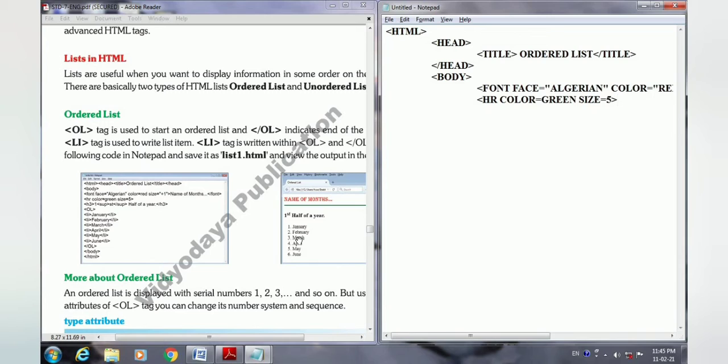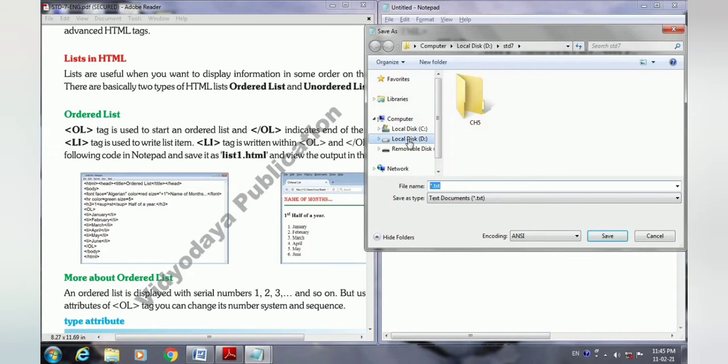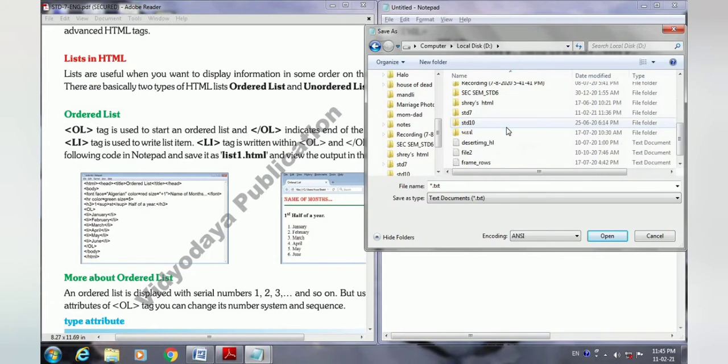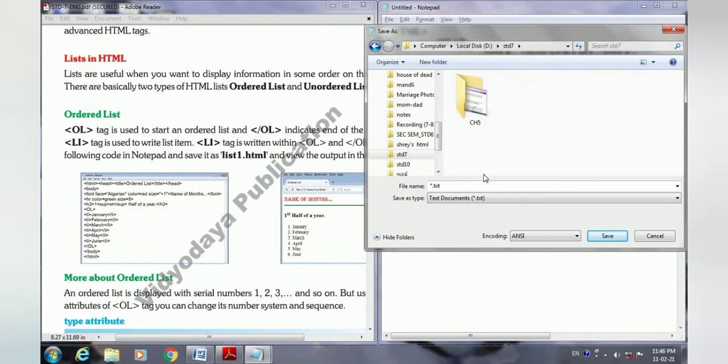Now here I am writing the closing body and closing HTML to show you whether the output is coming or not. First only this thing we have written. So now we will save our file. So save in local disk D. In local disk D, the standard 7 folder is there. So here I am saving my file